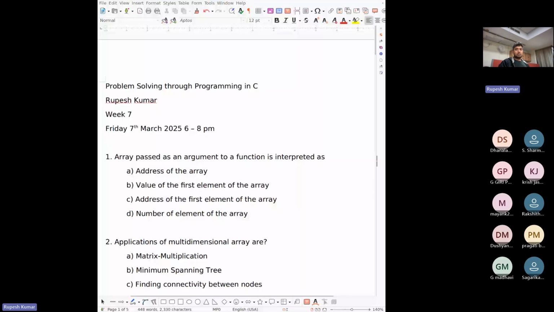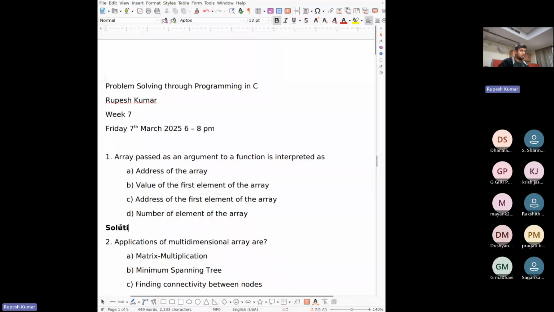I suppose every one of you is familiar with functions in C. So the question is, let's say you are given a C function and you want to pass an array to the function. Then how is the array interpreted by the function? It is essentially interpreted as the address of the first element of the array.